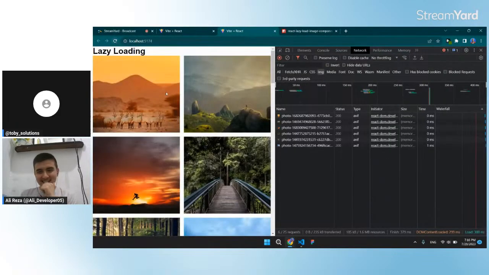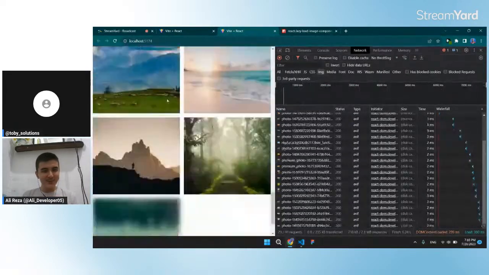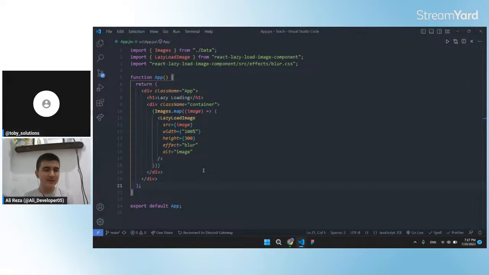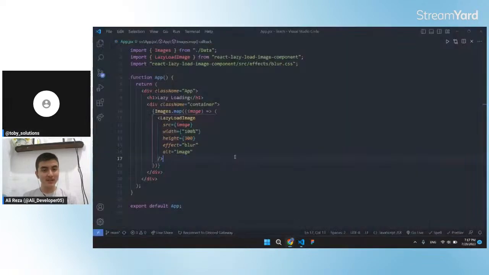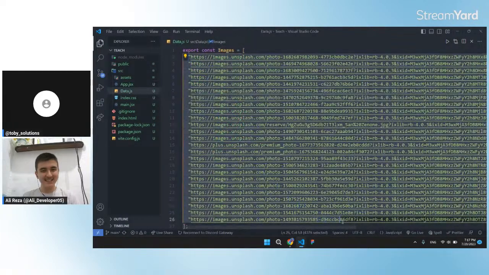I think that's it. Like how to work with the lazy load image, and why we have to use it, and what's the point of using it, and what's the difference between using the lazy load image and the image element itself. And also we can use effect inside this component, and we can also add more images to it. Like let me duplicate this whole thing